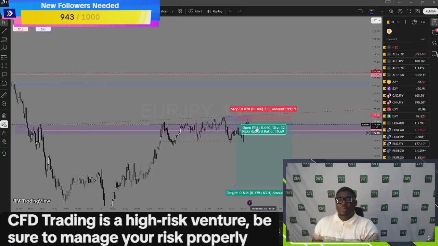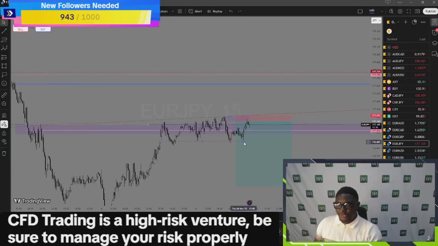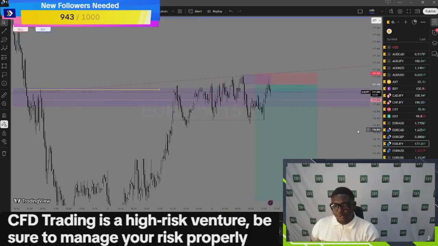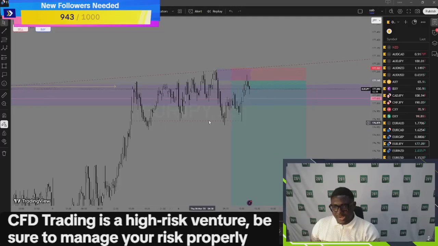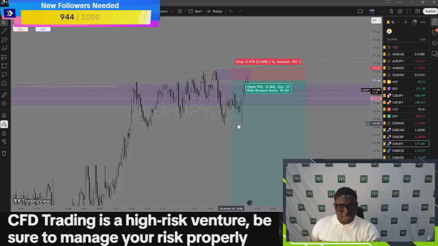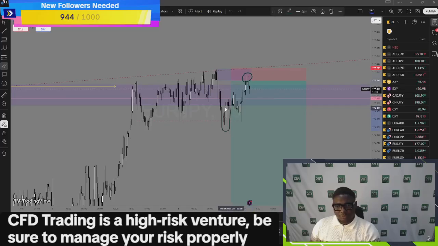If we're able to get a clean break below this low... the reason I said this is not exactly high probability is that there was no clean break. All we have below this key level are wicks. Price only formed wicks. If there had been a full body break below this level, I would have had more confidence in my entry. This entry would hold more weight if the candle had formed a full body to break this level.